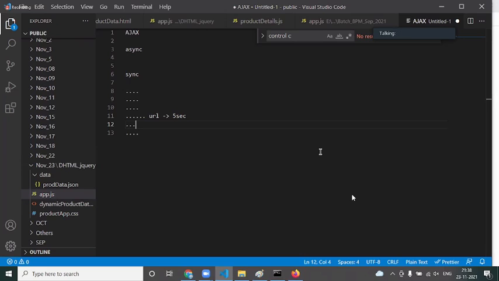Okay, in case of synchronous communication, we have to wait for the response from the server, no matter how much time it takes. I will not go with further execution until I get a response from the server. Now you guys tell me, is synchronous recommended or asynchronous recommended, keeping time in your mind?